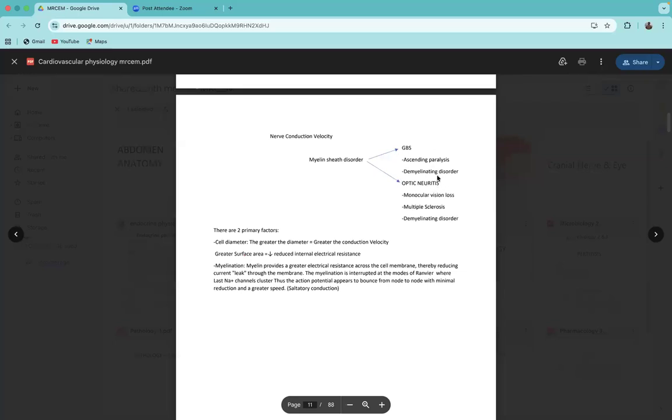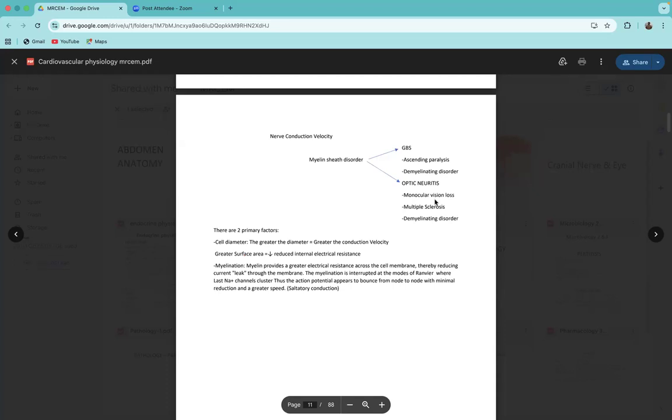We all know that Guillain-Barré syndrome is basically caused by Campylobacter jejuni. When you are infected by that specific organism, two to three weeks later you develop ascending paralysis from your feet upwards. This is known as ascending paralysis in Guillain-Barré syndrome. It occurs due to demyelination of the nerve fiber, so it is a demyelinating disorder. During optic neuritis, there will be